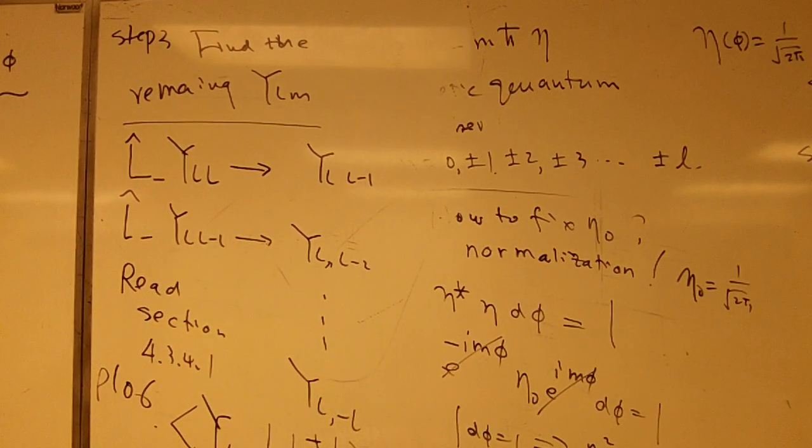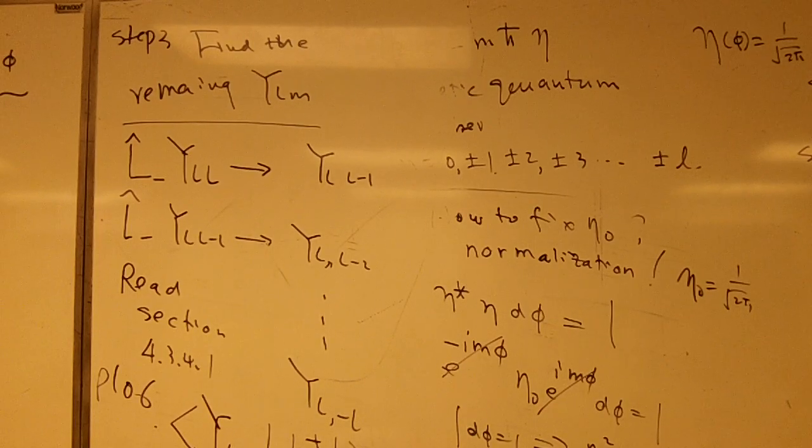And use the orthonormalization relation in equation 4.3.16. They get c sub Ln equals the square root of L times quantity L plus 1 post quantity minus n times quantity n plus 1 post quantity h bar, where we choose a real c sub Ln. So finally we have L plus times Y sub Ln equals the square root of L times quantity L plus 1 post quantity minus n times quantity n plus 1 post quantity h bar Y sub L, n plus 1,